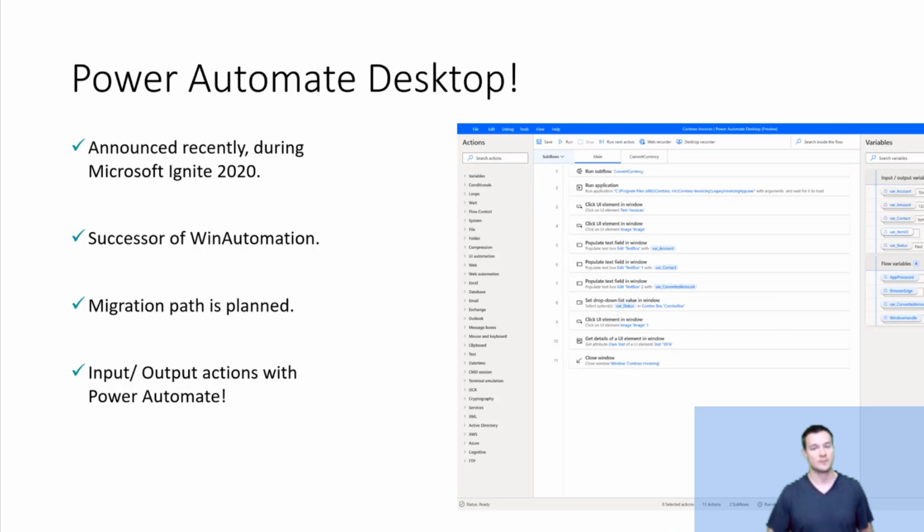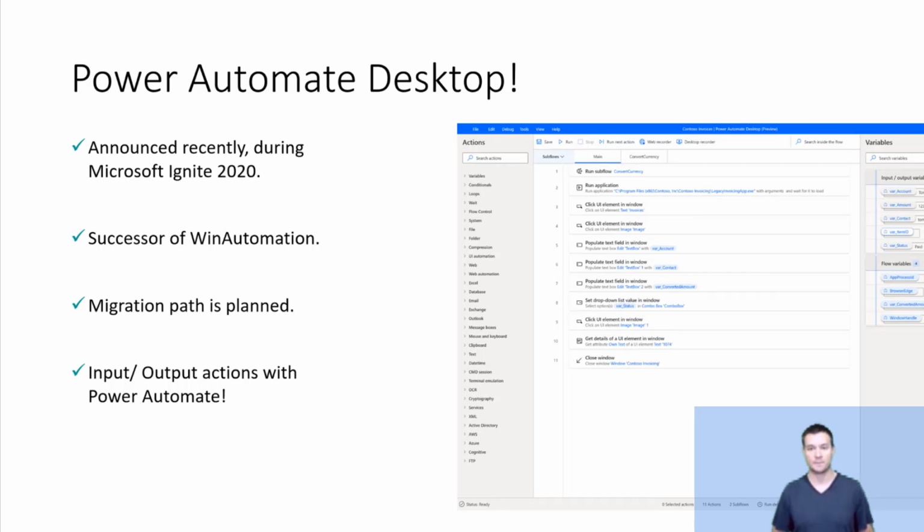Some were removed, some were changed, but once this tool hits general availability, I hope Microsoft will also introduce a migration path from Win Automation processes to PAD. We can use this tool right now, even though it's still in preview. It really works in a very stable way, and I do like the experience of working with this product.